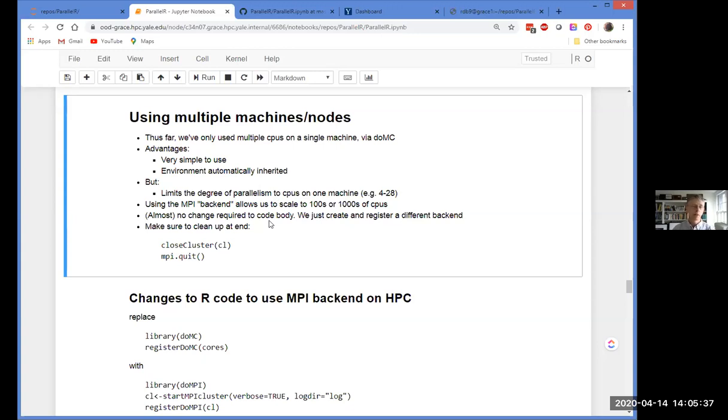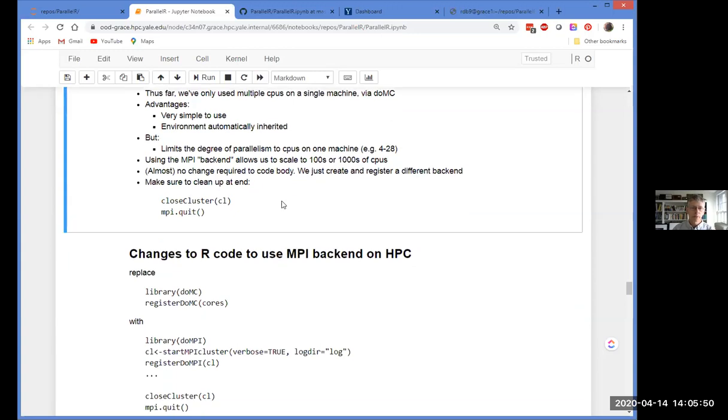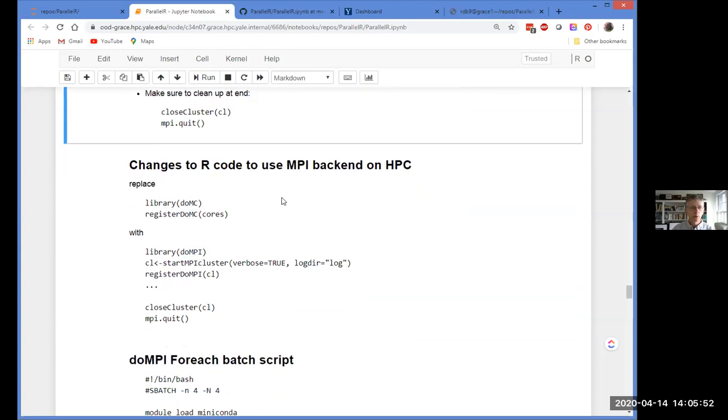The beauty though, and I mentioned this before, is when you change the backend, almost nothing has to change in your code. So to run your parallel code across multiple nodes on the cluster using doMPI requires extremely minimal changes to your code. And here's what they look like.